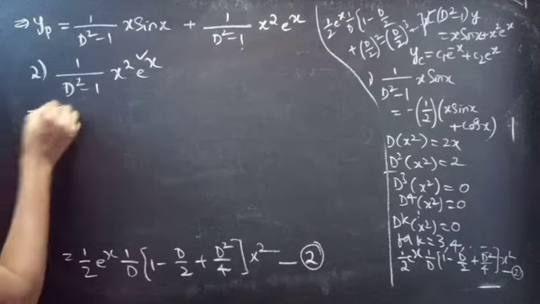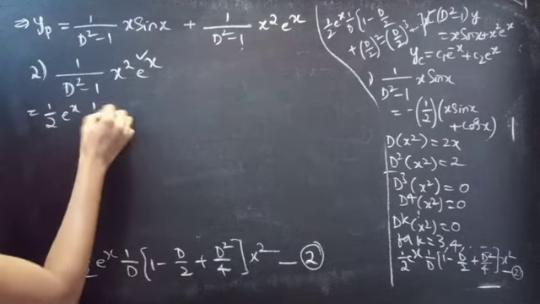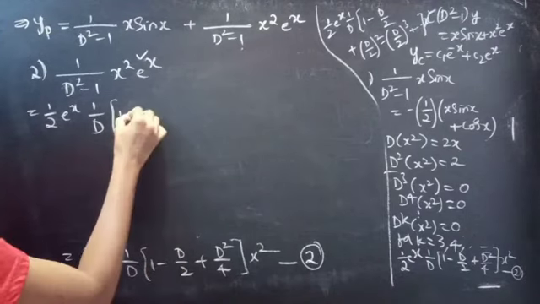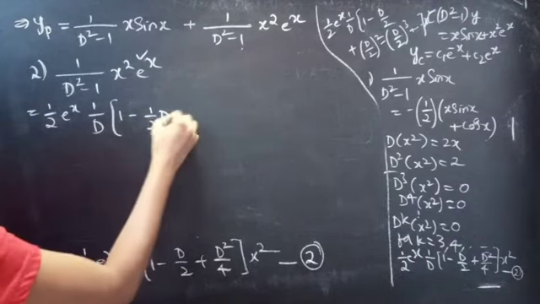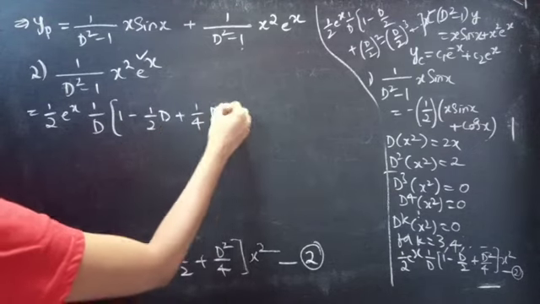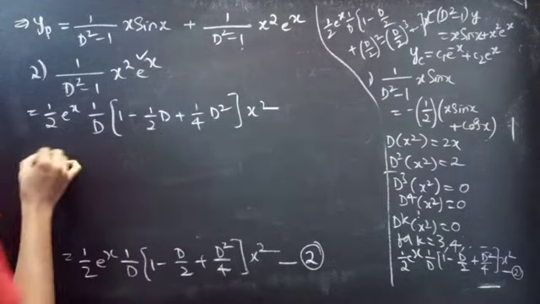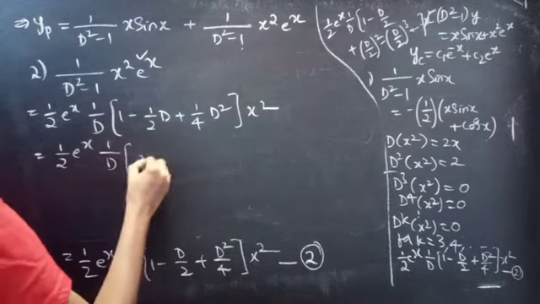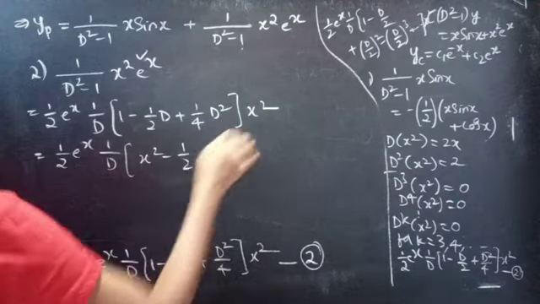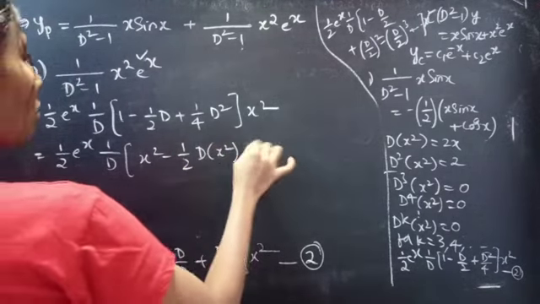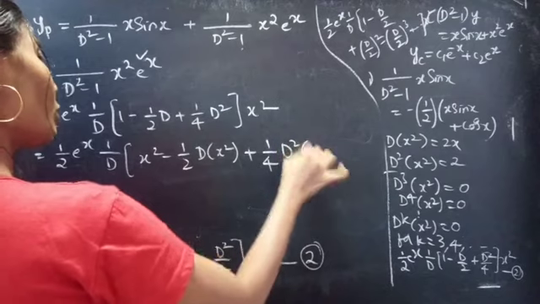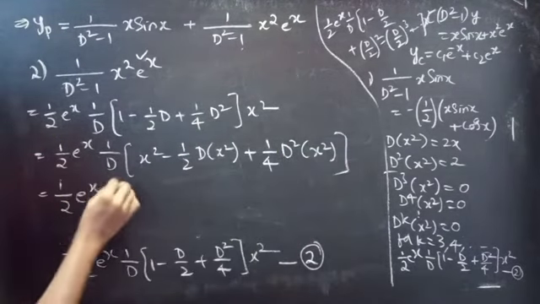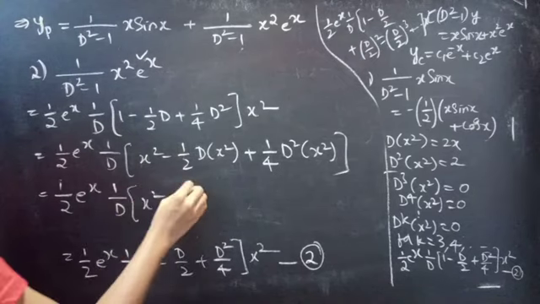This becomes 1/2 e^x (1/D)(1 - 1/2 D + 1/4 D²) x², which equals 1/2 e^x (1/D)[x² - 1/2 D(x²) + 1/4 D²(x²)], which equals 1/2 e^x (1/D)[x² - 1/2 times